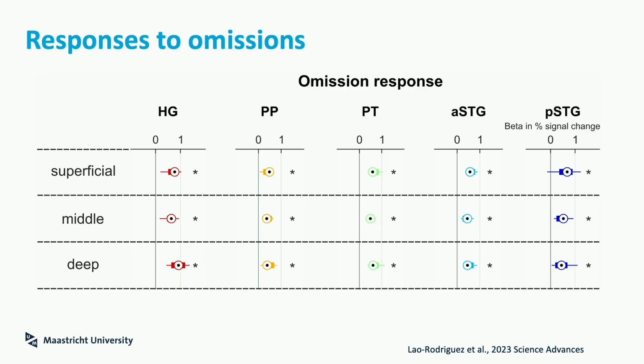And then if we look at this data, and this is a relatively new thing to investigate using high-resolution fMRI, we find a very widespread effect across all our auditory areas. This is in line with previous animal electrophysiology that has shown omission-sensitive neurons in all layers. But mind you that this is at the moment not a comparison between conditions, and we did not remove the effect of vascular draining. So I think it's a very nice result, and we will look into this a bit further.